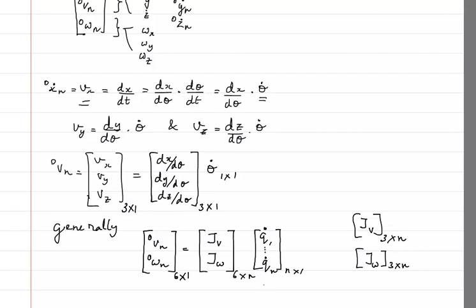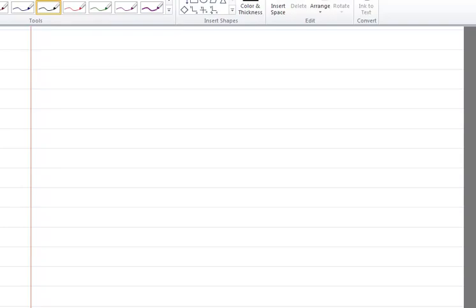Now the question is, how do we write it for any joint? I'm just going to give you the general rule, and the proof of this general rule I will do later, because first we have to understand the general rule. So let me write that very clearly. The general rule for writing the Jacobian.